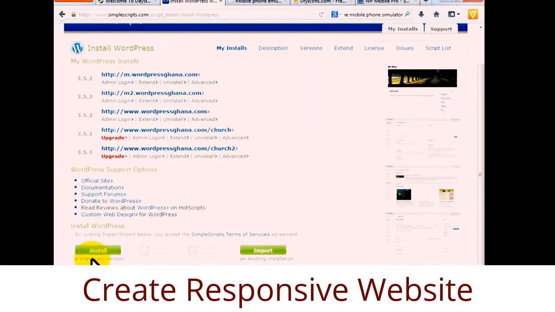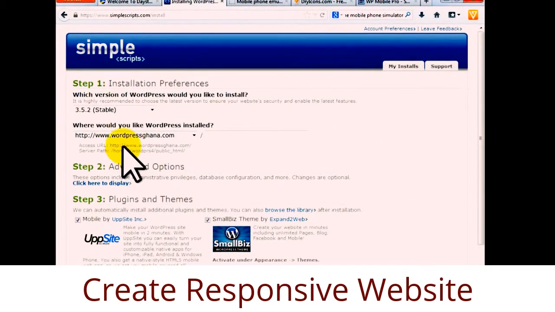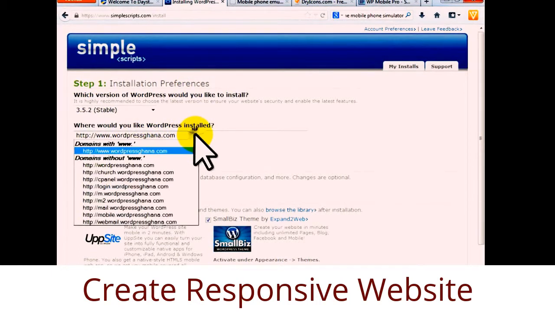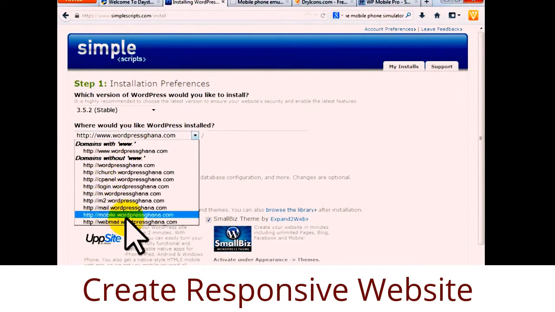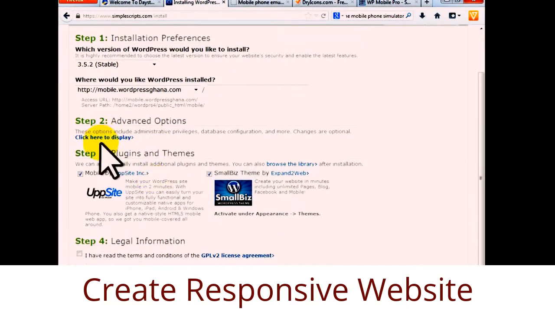So I'll click on new install. Okay, and we'll be good to go. So now I will select where I want to install it. So I will check and look for mobile.wordpress. Okay, so this is where I want to install it. So the next thing I will do